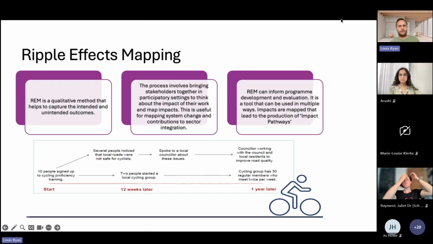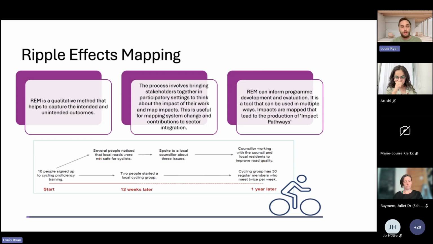So this is where ripple effects mapping was quite an interesting one, because it felt different. When we did the first workshop, people were very happy to take part and to contribute, to be there, to share what has happened in their program or their intervention, their piece of work. So big shout out to Dr. James Nobles et al., who is on the paper that we'll share about realist informed ripple effects mapping. But this is taken from one of the examples that James and the team were involved in, I believe potentially Active Gloucestershire, but I might be wrong.